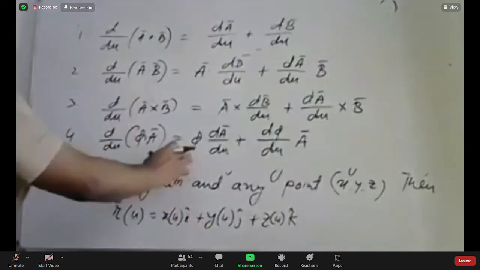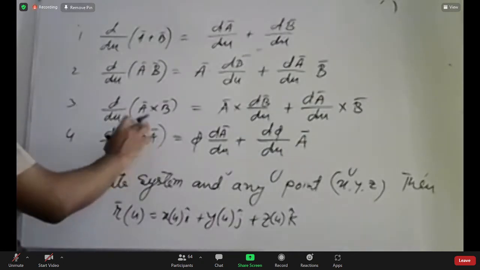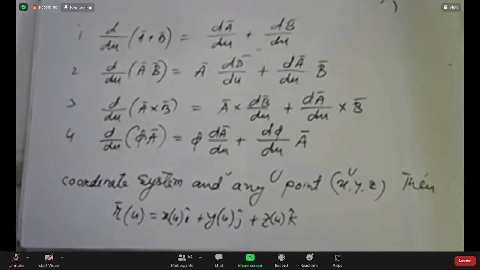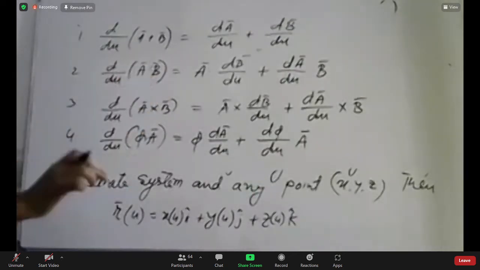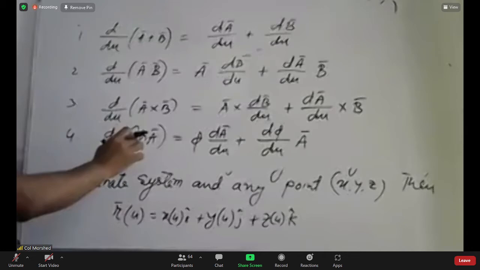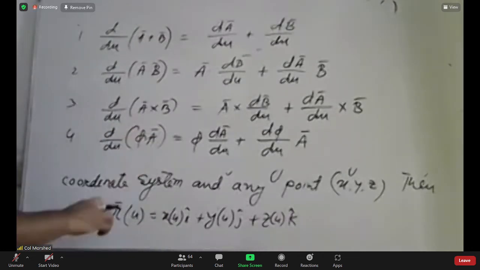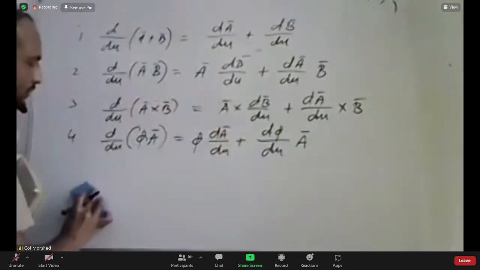So this is not dot, this is a scalar, isn't it? So a scalar multiplied by the vector. So this is not dot, but this is dot. A is a vector, B is a vector. Two vectors can be written with a dot product, and a scalar with a vector doesn't require any dot symbol. So do not confuse this thing.